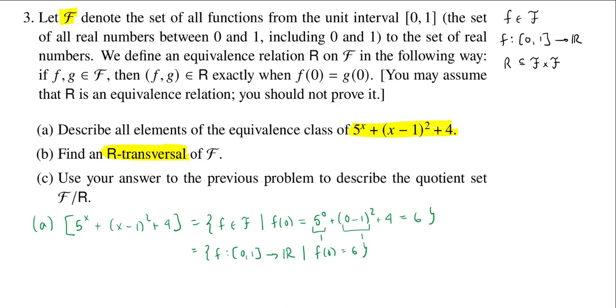But that there is the key. Once I know what the value is at 0, it doesn't matter what the rest of the function does. So I can just choose some function that I know is going to spit out every single value. And again, I'll just take the constant functions. So a transversal, or an R transversal